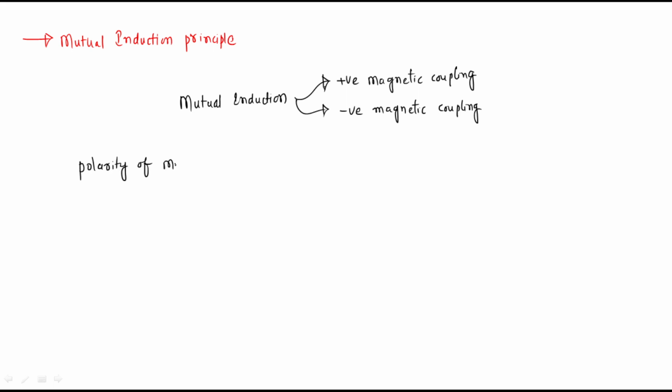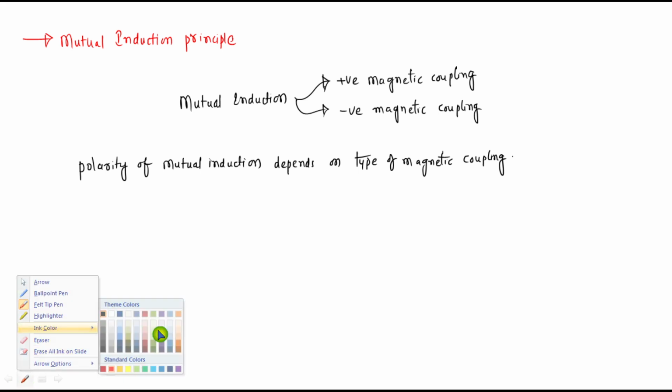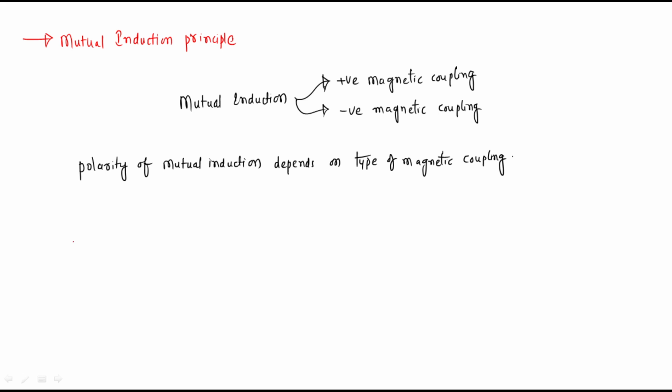Polarity of mutual induction depends upon type of magnetic coupling. So in order to discuss the magnetic coupling which is responsible for the mutual induction principle, we have to discuss the types of magnetic coupling. Those are nothing but positive magnetic coupling and